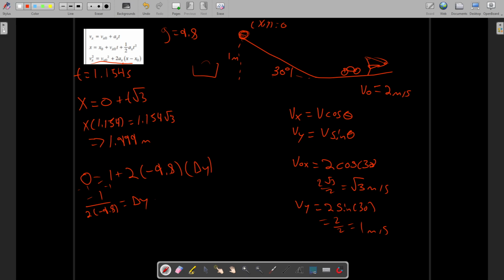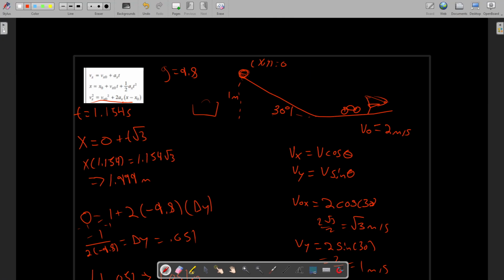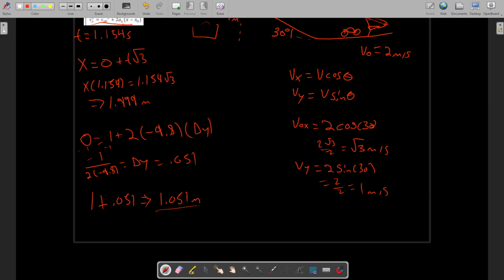So we get 0.051. So what is the max height? Well, remember that this is the change in y, delta y. So if we want the max height, we're going to have to add it to our starting height. So that's going to be 1 plus 0.051, and this is both in meters. So this is going to be 1.051 meters. And that's going to be the max height our car or little thing reaches